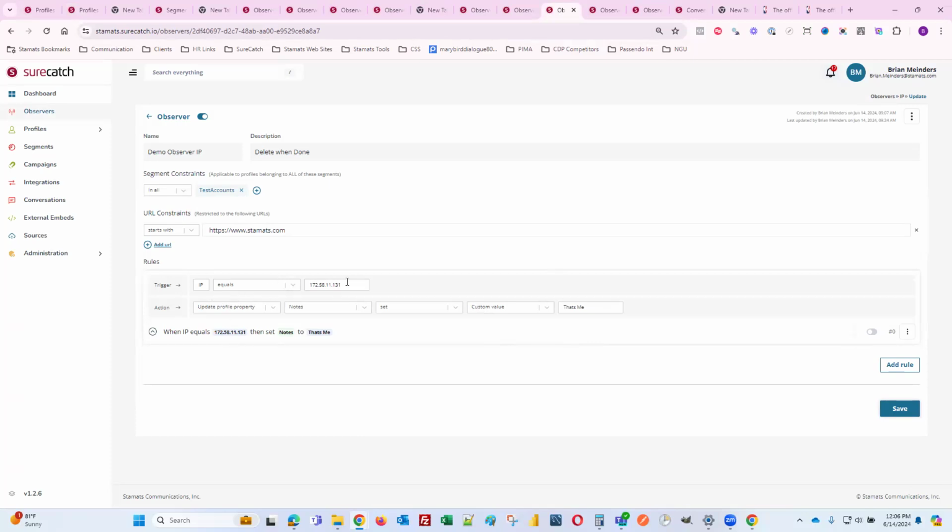However, what I've got here is my IP from my phone. So this is an IP observer. IP equals, I've got other options, greater than, less than, not between, you can set the range, but I know exactly which IP I'm going to be targeting. And what am I going to do? I'm going to be updating the profile property of notes and set it to a custom value of that's me. Okay. So all I need to do is turn this rule on and save it. Then when I navigate to any of the pages on my phone, just went to staymates.com, I should be able